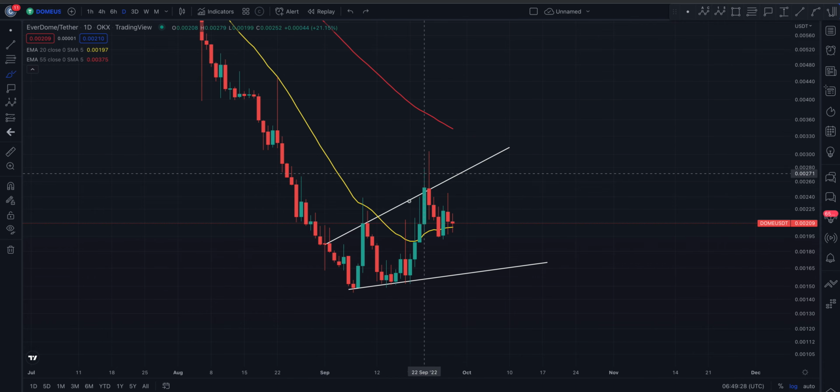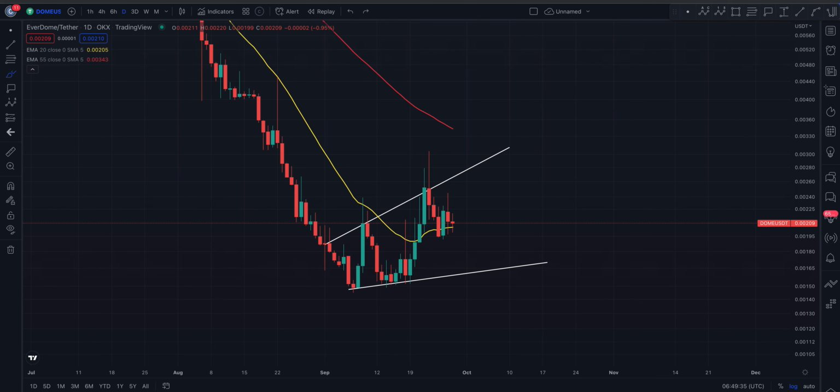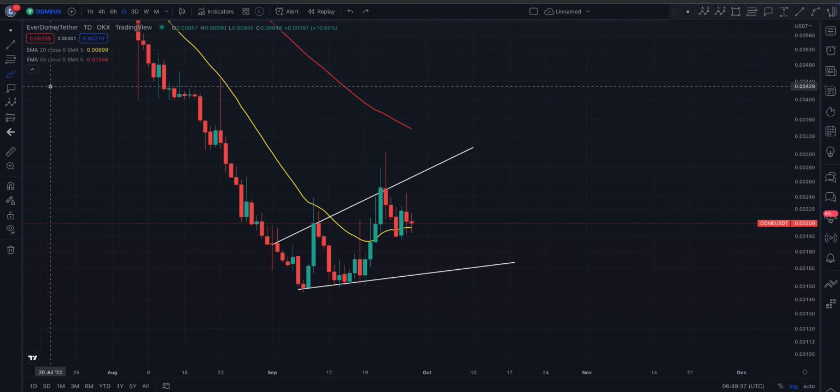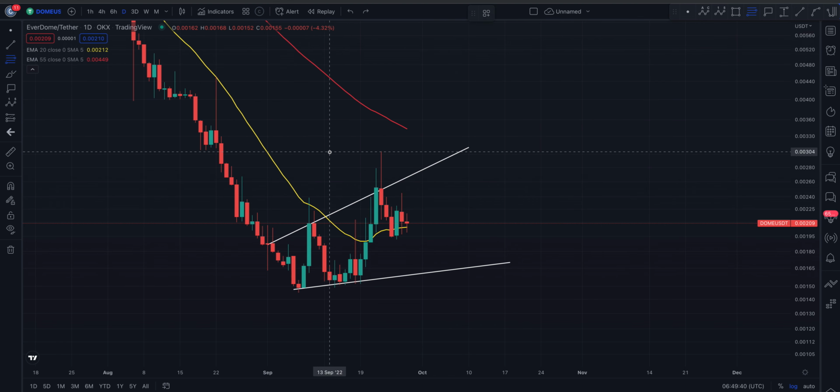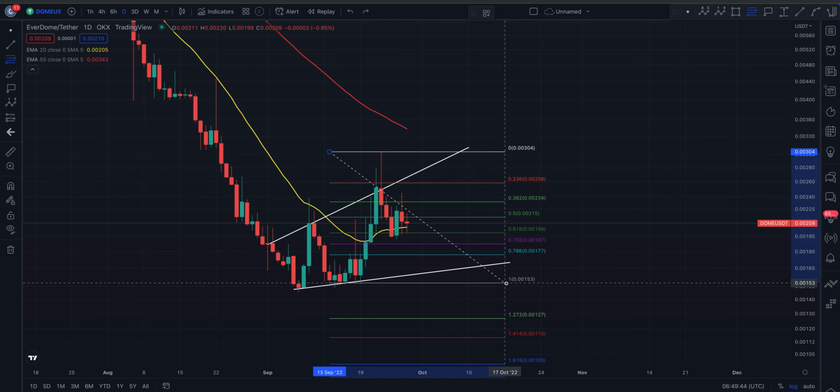So for me, this does look like it's still a potential bottom, and it's very similar to this broadening bottom here, and we're basically just coiling up in that sort of pattern. And I do believe if we look for the retracement here as well, we're going to go from this high on the daily time frame, we're retracing back down to this low, and you can see that